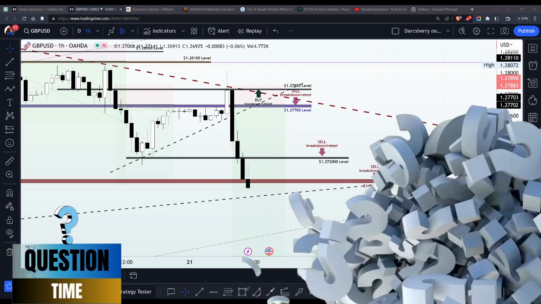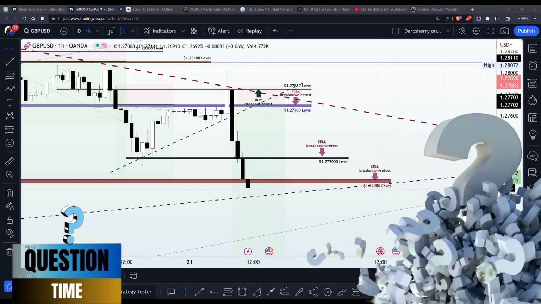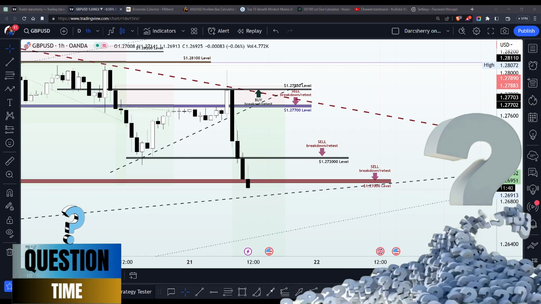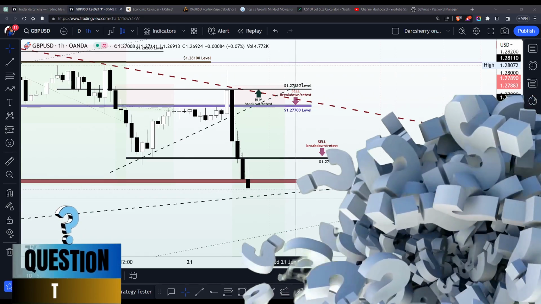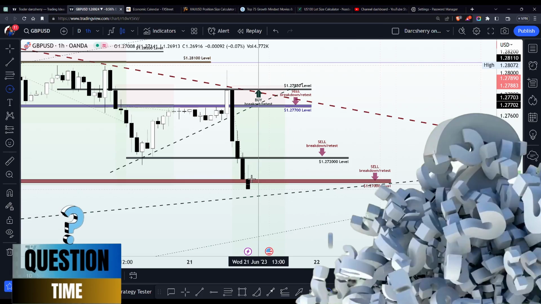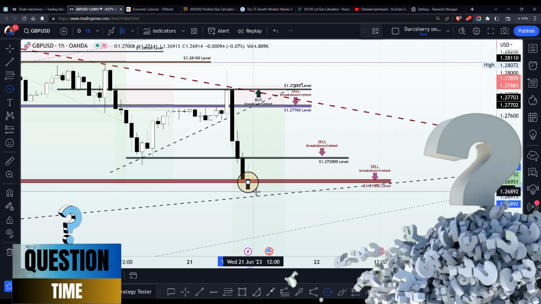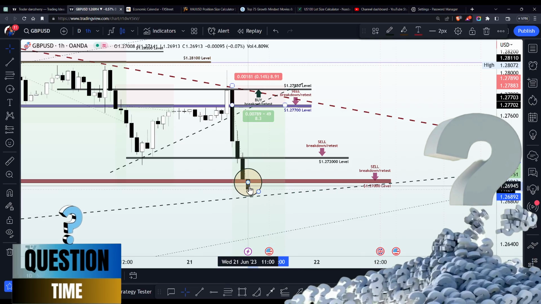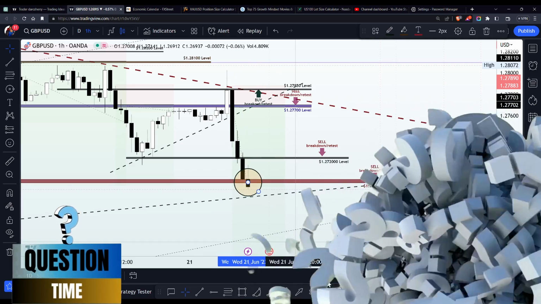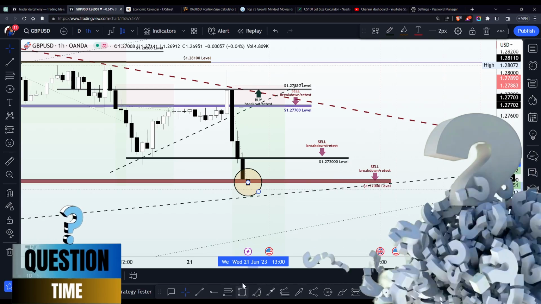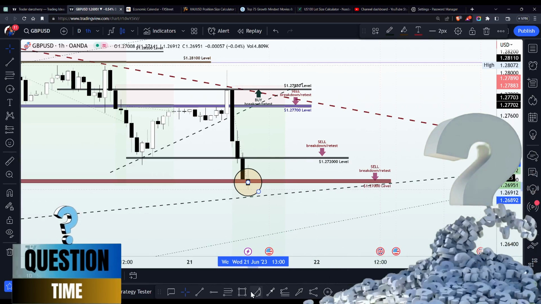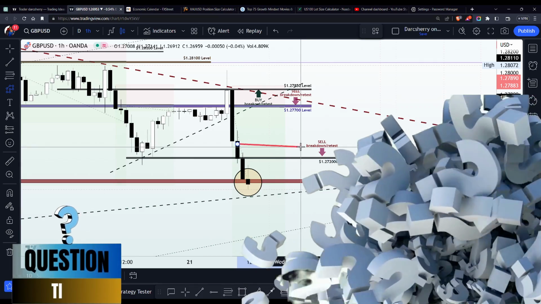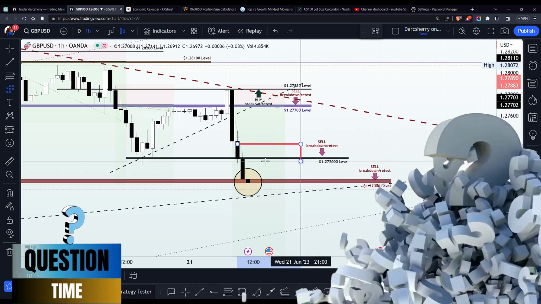So let me quickly do a recap of what I talked about here. What I'm trying to say on the GBPUSD, you have the GBPUSD chart on your screen right now. We already have a breakdown of the 1.2770, which will have triggered some sell positions at that point. And I told you that if you sell below the 1.2700 level, you want to be having your stop loss somewhere around above the 1.272. Hold on a second, let me show you. So you want to be having your stop loss somewhere around here, as you want to give room for price